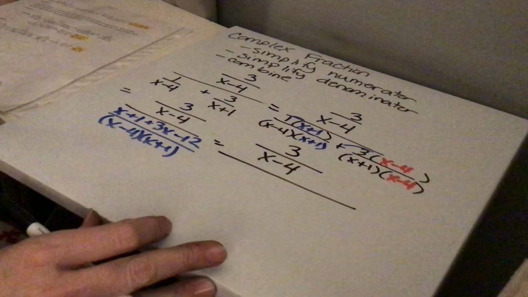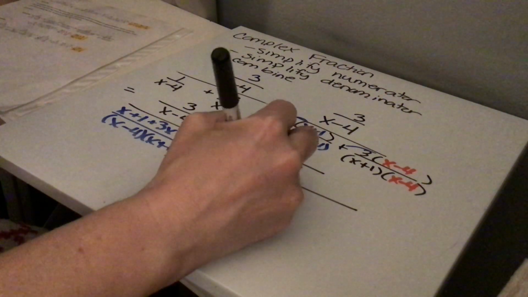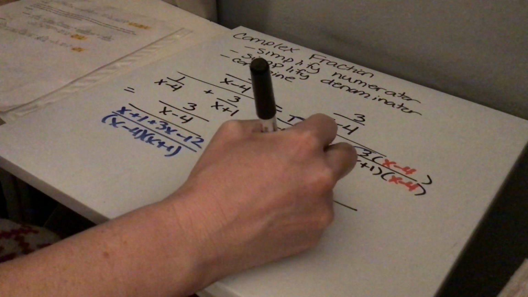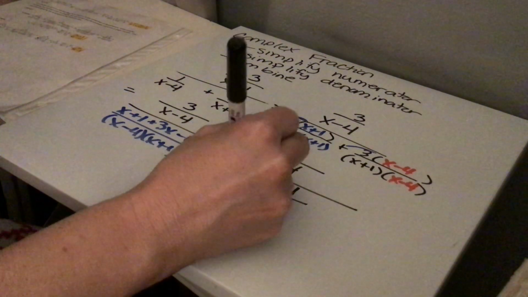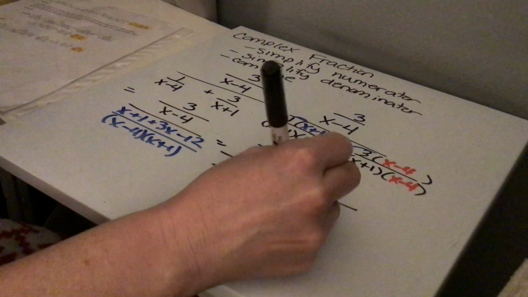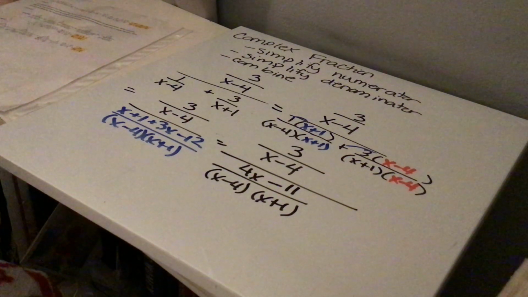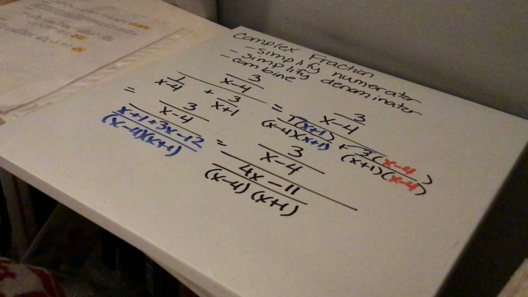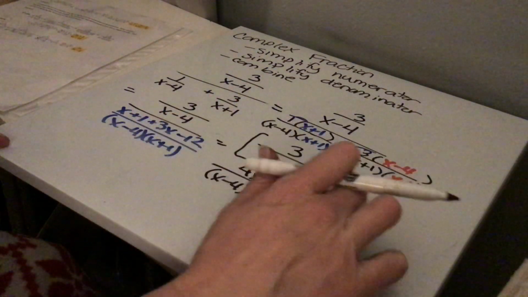And then, simplifying it even more in the denominator, we get (4x minus 11) divided by (x minus 4) times (x plus 1). That is still a complex fraction. It's fractions within fractions. Okay, so what this really means is this numerator divided by